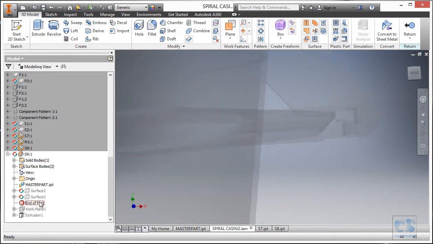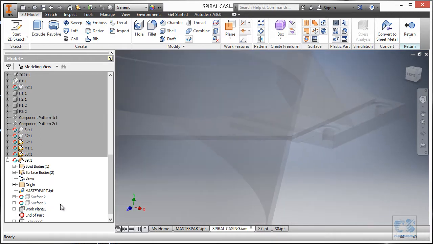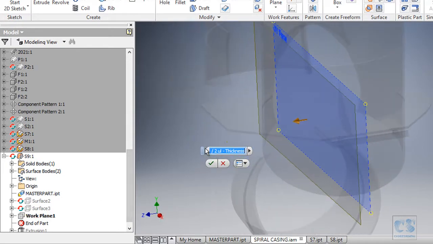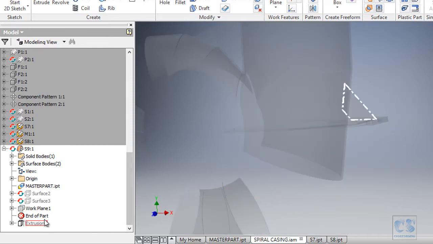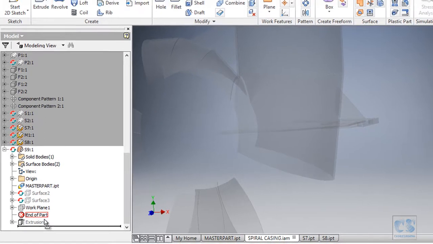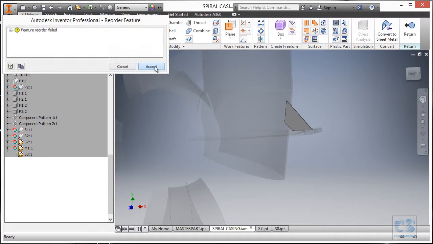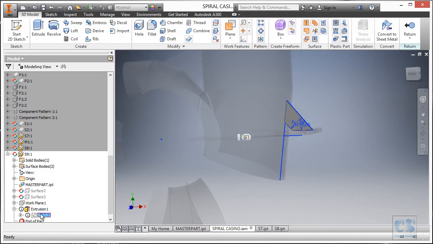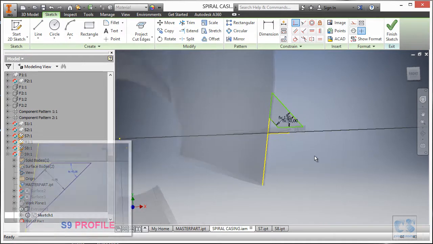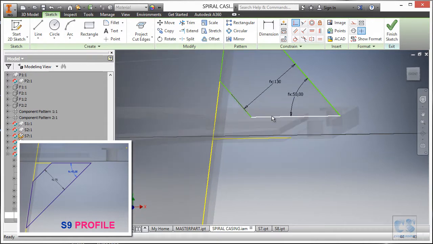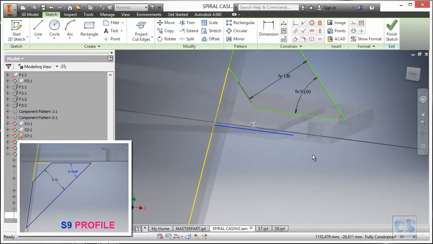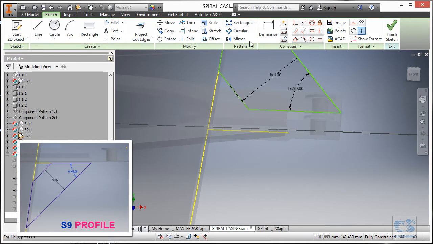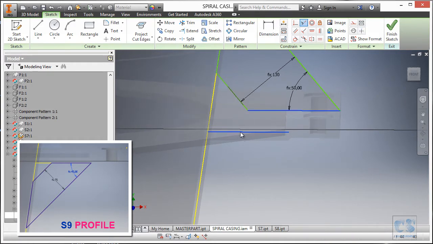Now the work plane will stay the same, and let's see what parameter we are using here. We have S9 spacing divided by 2. So for the work plane, we are going to keep it like so, and for the extrusion, we'll have to make some change onto the sketch for it to be working properly. Okay, now we need to reconnect this edge to this projected edge instead. So connect this to this, and as you can see, we have a warning.